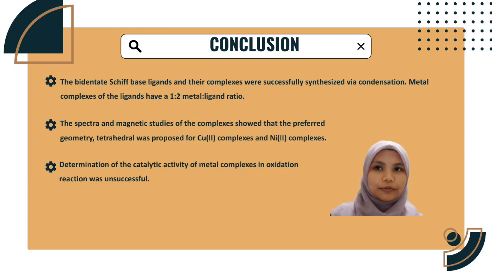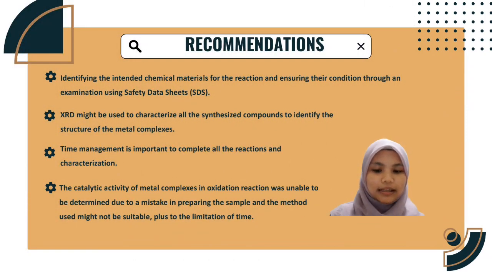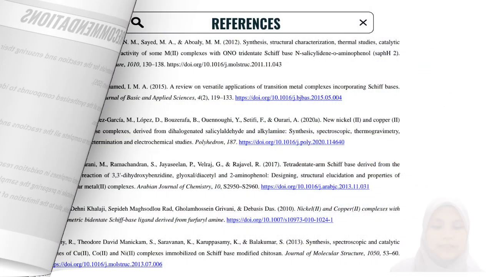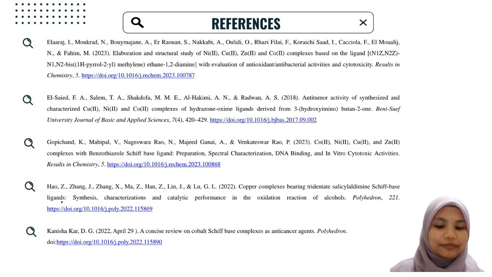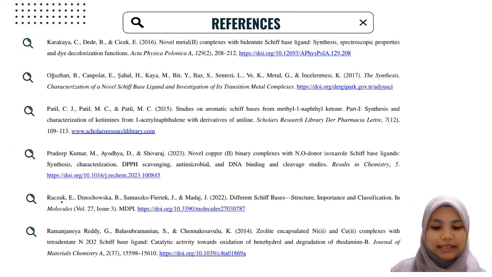So there are a few recommendations based on my studies, and I think the most important one is to identify the chemical materials for the reactions and ensure that they are in good condition by referring to the safety data sheet. This suggestion is based on my previous experience where I spent like 3 weeks synthesizing reactions only to discover that my starting material had already decomposed, which put me in a situation where I needed to start all over again. So the next 5 slides are the references that I referred to in order to complete my